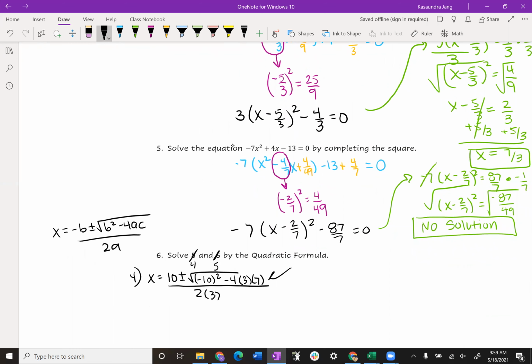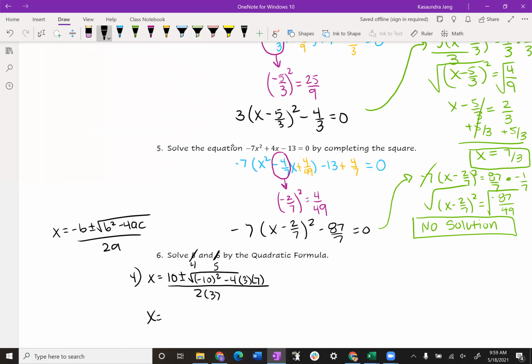So usually I start with the stuff under the square root. I'll put that in my calculator first. I'll get that down to a single number. Just make sure that you use a negative 10 all squared, like in parentheses like that. Just keep emphasizing the parentheses on that one. So I got a